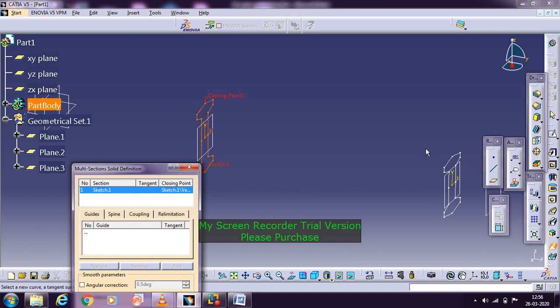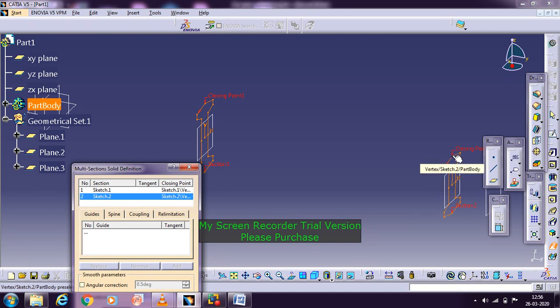Select the closing point and then select this eye section, so that by default we get the closing section. Suppose you are not getting the closing point here, and you are getting some mid point. If you click on one side, it will automatically shift, and finally it will come to this point.